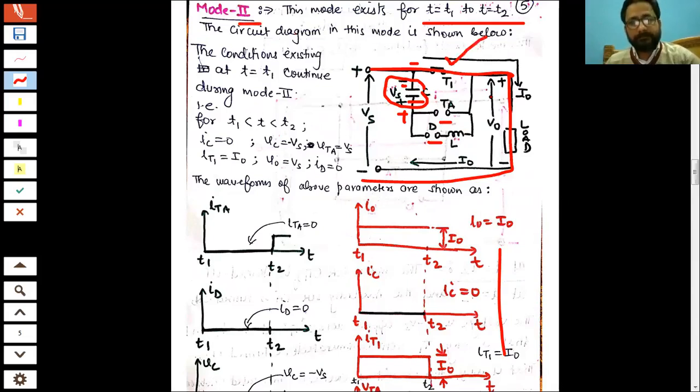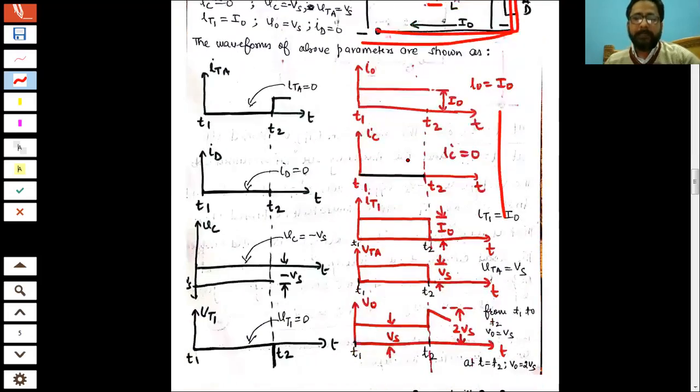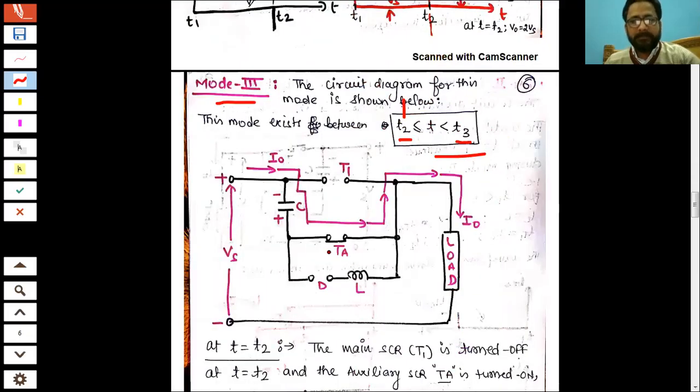लेकिन क्योंकि अब आप पूछोगे सर मोड 2 में टर्न ऑफ क्यों नहीं हो गया, मोड 2 में इसलिए टर्न ऑफ नहीं हो क्योंकि ऑक्सिलरी एससीआर को आपने ट्रिगर नहीं किया था, यहां से कोई करंट नहीं फ्लो कर रहा था, सो जो लोड करंट है वो बाहर से फ्लो करता रहेगा, तो यहाँ पे ये पॉइंट नेगेटिव है। लेकिन मोड 3 में क्या हुआ, आपने जैसे ऑक्सिलरी एससीआर को टर्न ऑन किया एट टी इज इक्वल टू T2, क्या हुआ, जो लोड करंट है उसने अपना